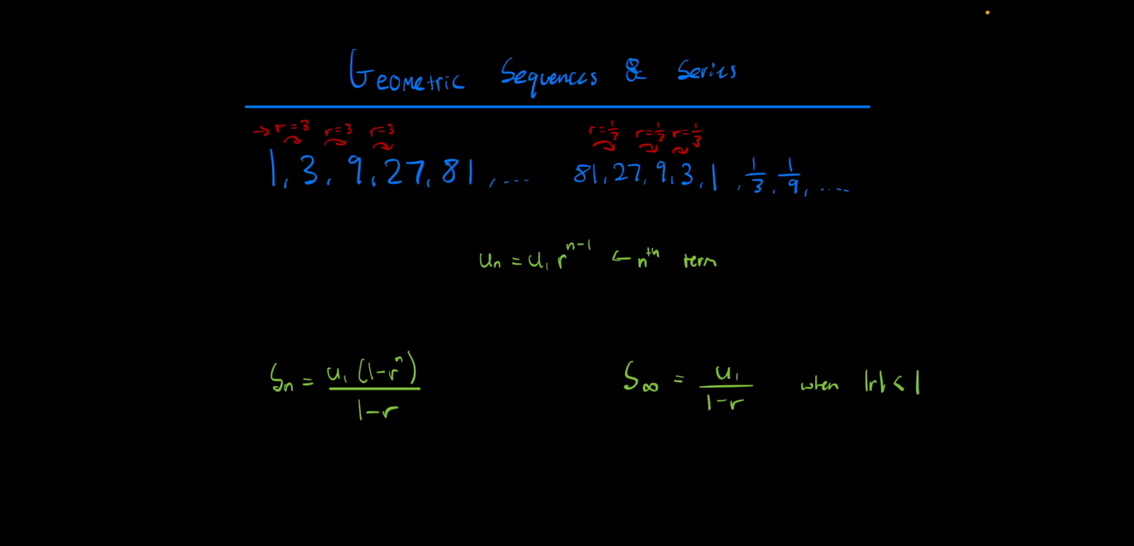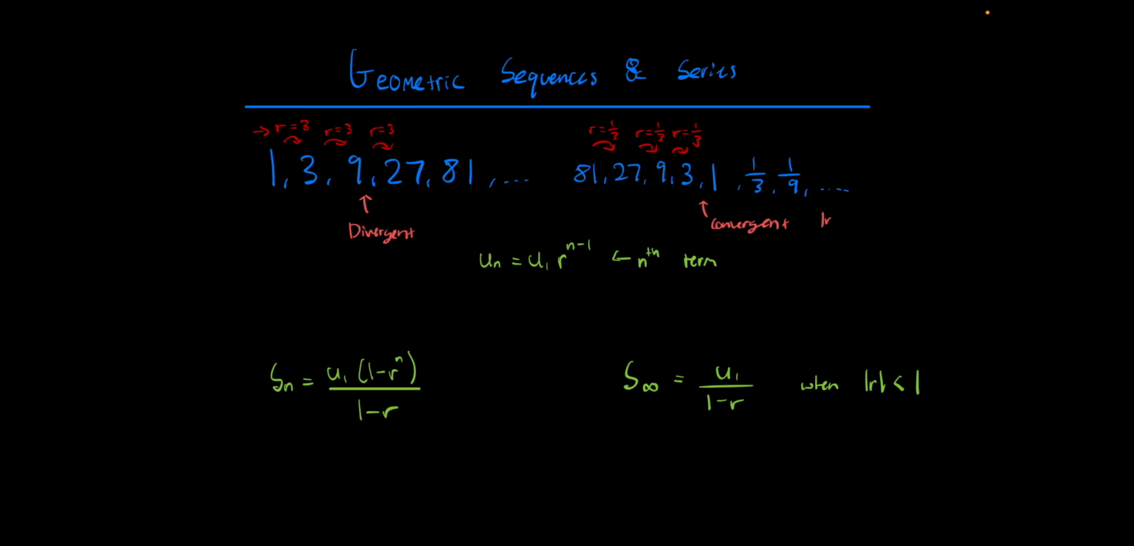Let's take a look at geometric sequences and series. On the left side here, we have a sequence with common ratio of 3. And on the right side here, we have a geometric sequence with common ratio of 1 over 3. Terminology that you should keep in mind is that the left sequence here is divergent because it reaches towards infinity. And the right sequence is convergent